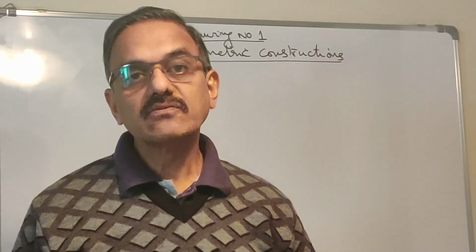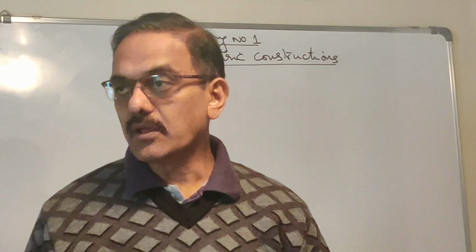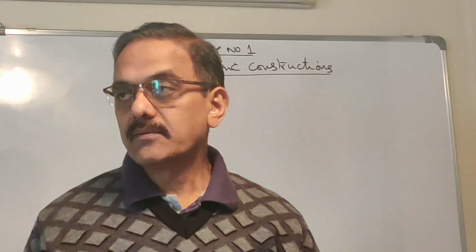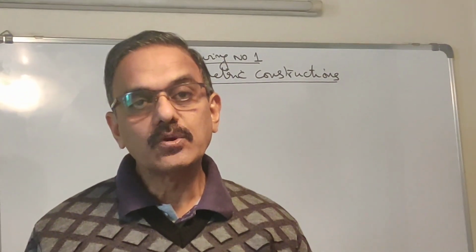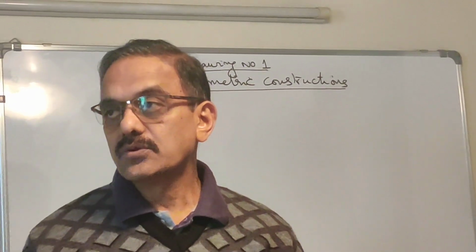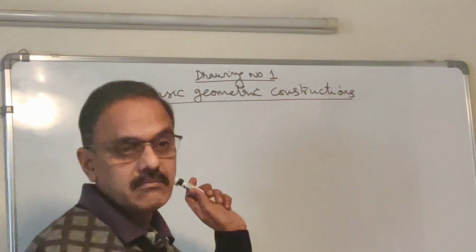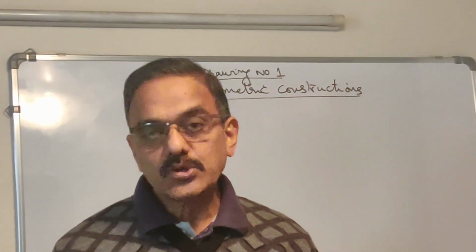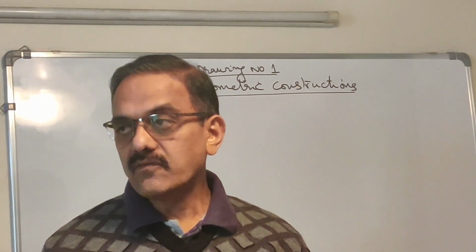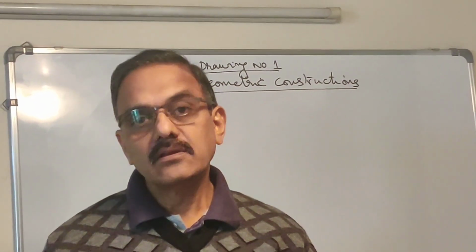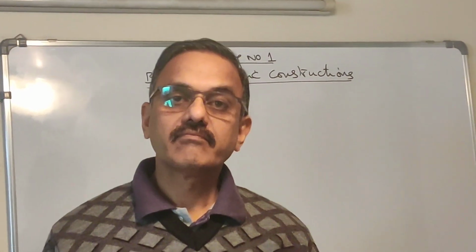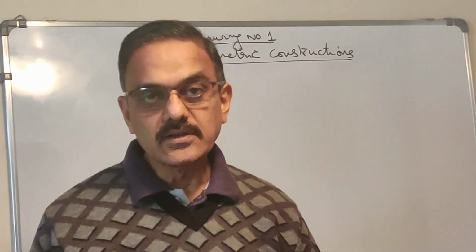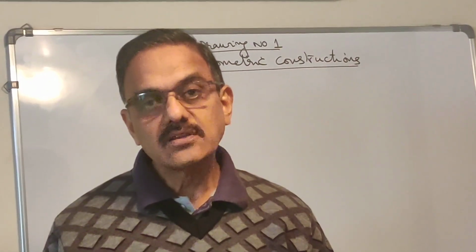As I already mentioned in my last video, there are going to be 18 drawings in total. Some of them could be assignments and some would be classwork. So all of them put together will come to 18 drawings. So today's is drawing number 1, basic geometry constructions. What are we going to do in this? In this we are going to draw various polygons starting from a triangle and ending with a hexagon in various positions. Okay. So you are going to use your drawing instruments and make these sketches in your sketchbook.